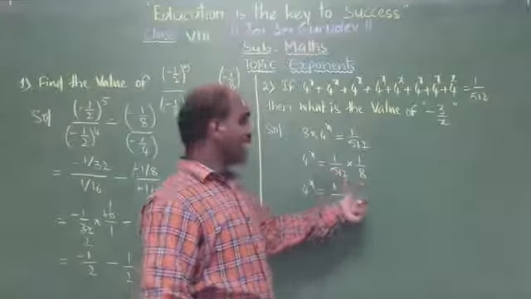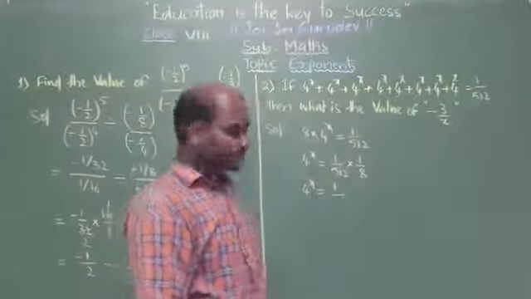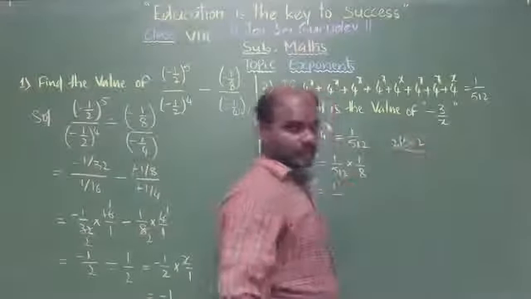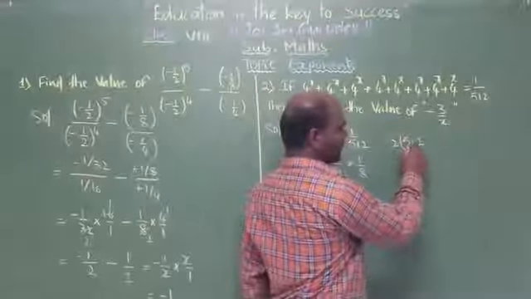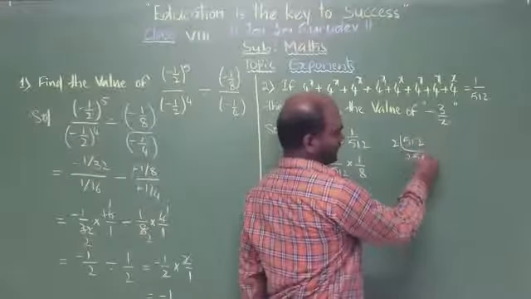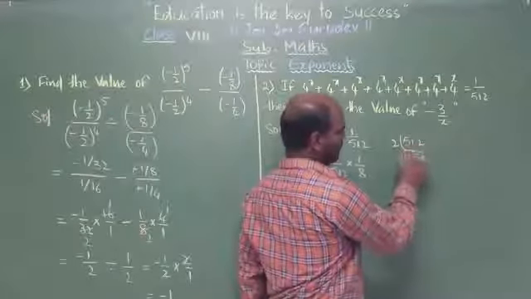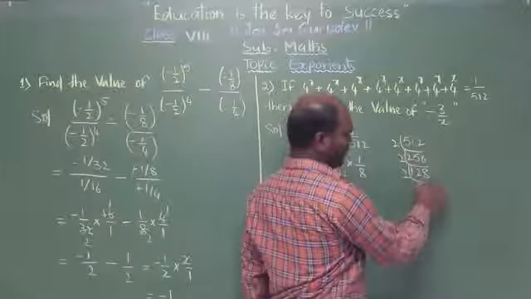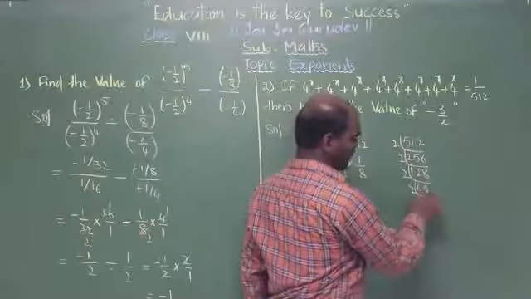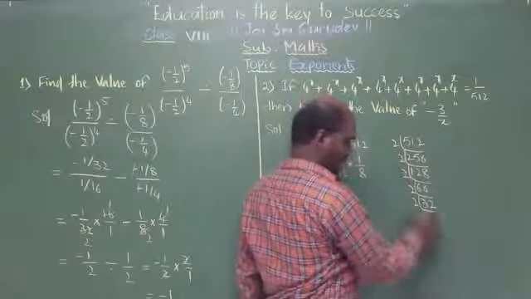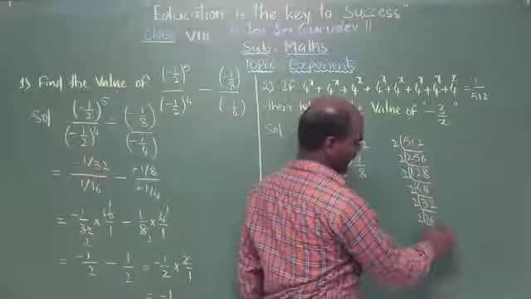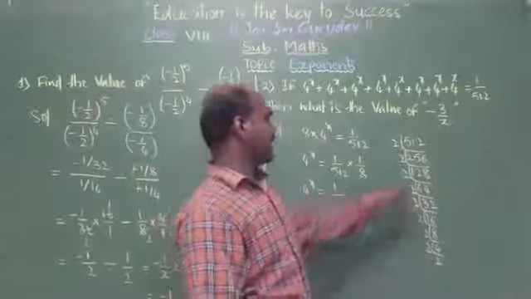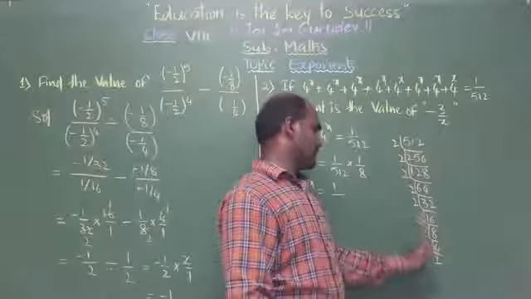As 512, we should write it by taking HCF, that is 2. 2 5s are 10, 2 6s are 12, 2 1s are 2, 2 4s are 8, 2 2s are 4, 2 3s are 6... repeated division by 2. Okay, so how many times are you getting this line? 1 2 3 4 5 6 7 8 9.